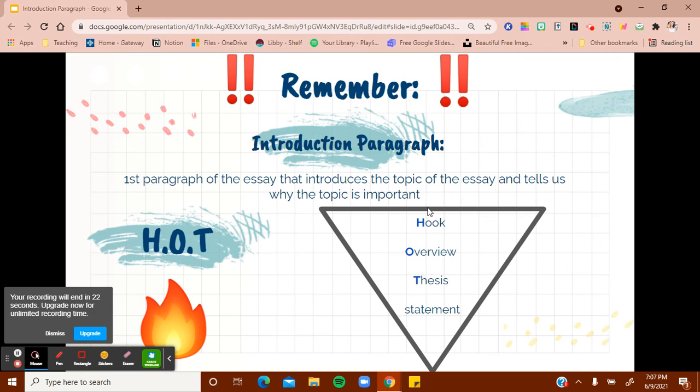Now remember, the introduction paragraph is the first paragraph of the essay that introduces the topic of the essay, and it tells us why the topic is important and explains your reasoning. And recreate the introduction by using HOT. And HOT stands for hook, overview, and thesis statements. And now you have the ability to write your own